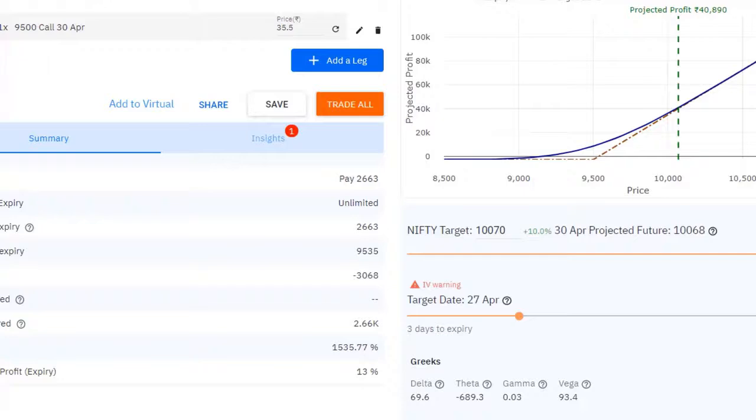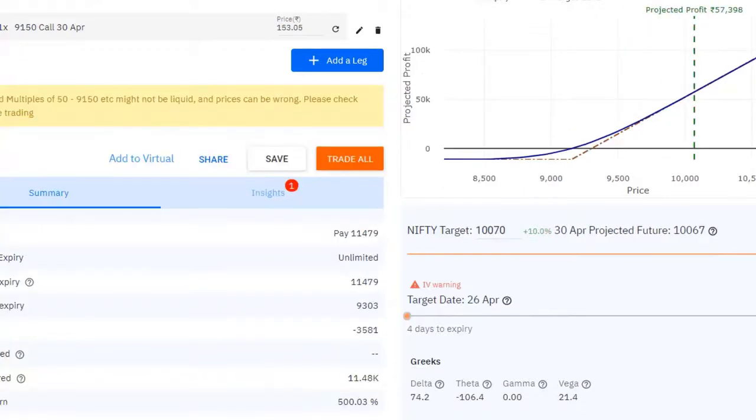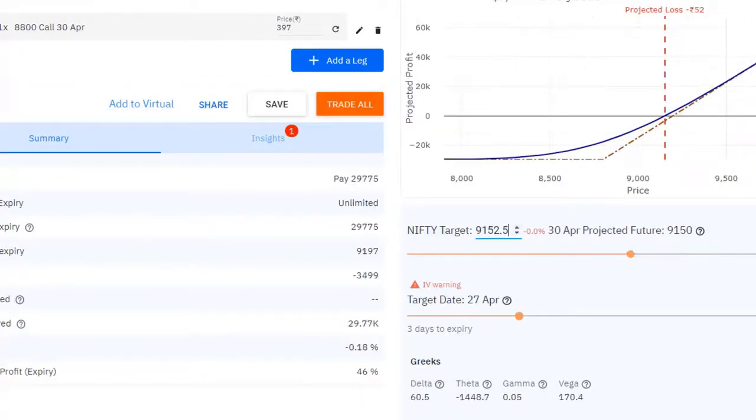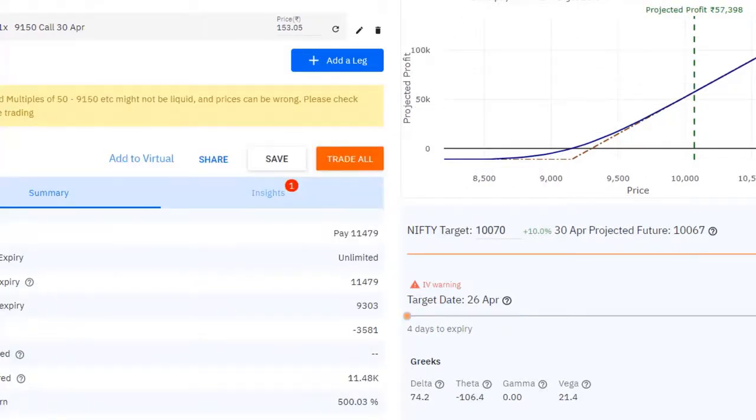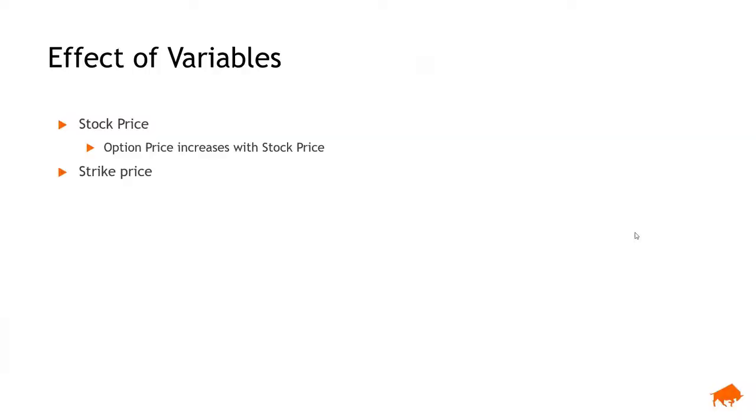But remember that options are kind of like futures. Deep in the money options are almost futures. Out of the money options are part of futures. At the money is half a future. Right. So armed with this knowledge, let's move on to the next thing which affects option prices.